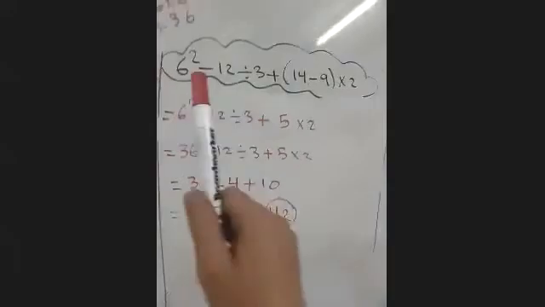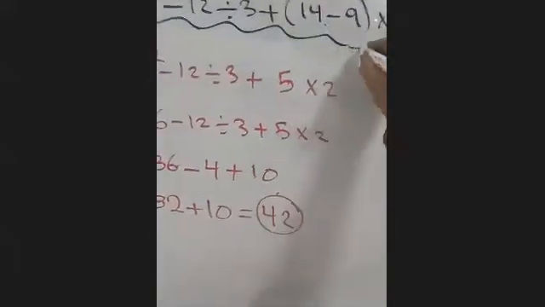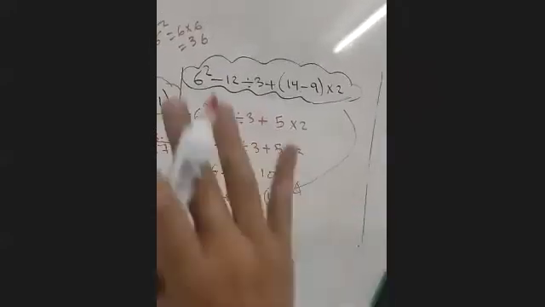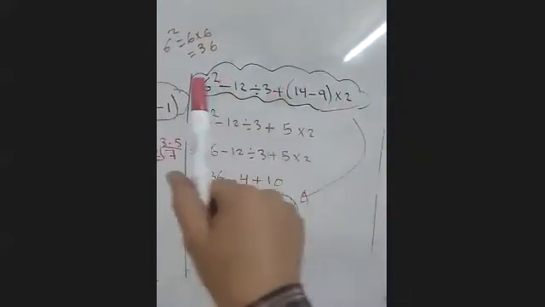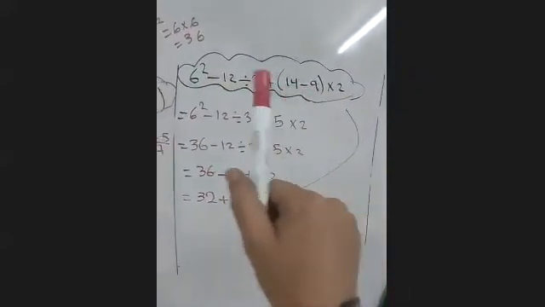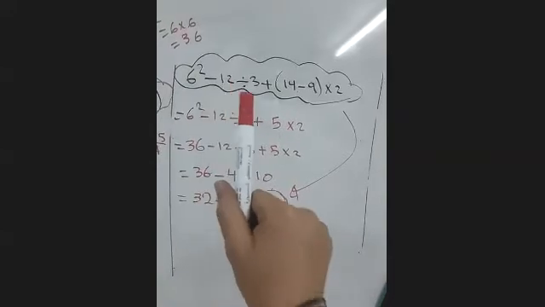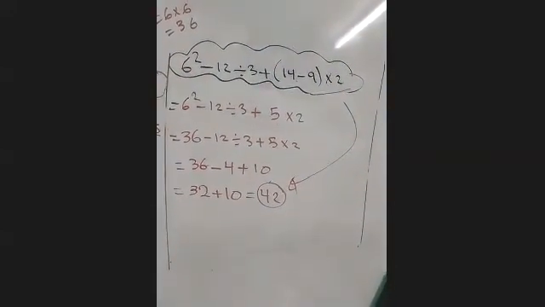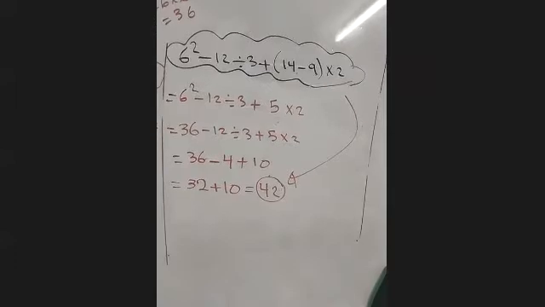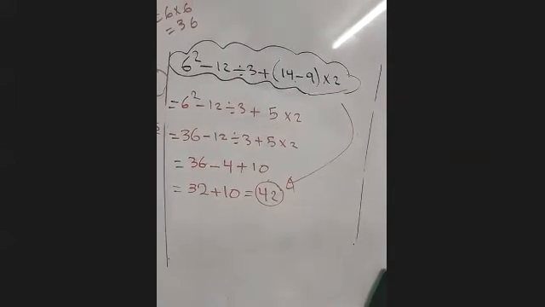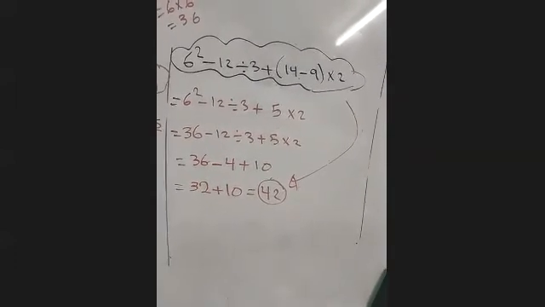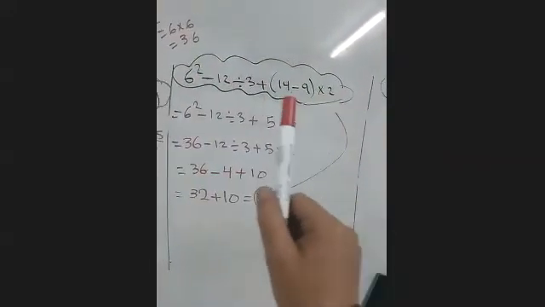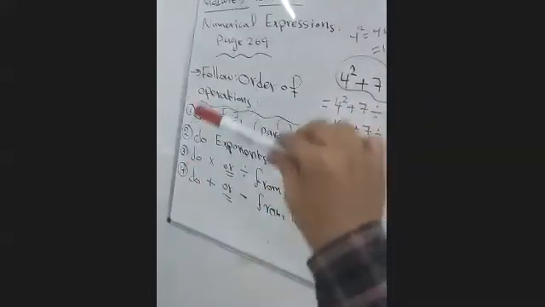So all of this expression, guys, is equal to what? To 42. Again, here we have an expression. We call it a numerical expression. We have exponent, subtraction, division, addition, bracket, multiply. Look at the board, guys. Now, here, guys, we have a lot of operations, but following the order of operations will